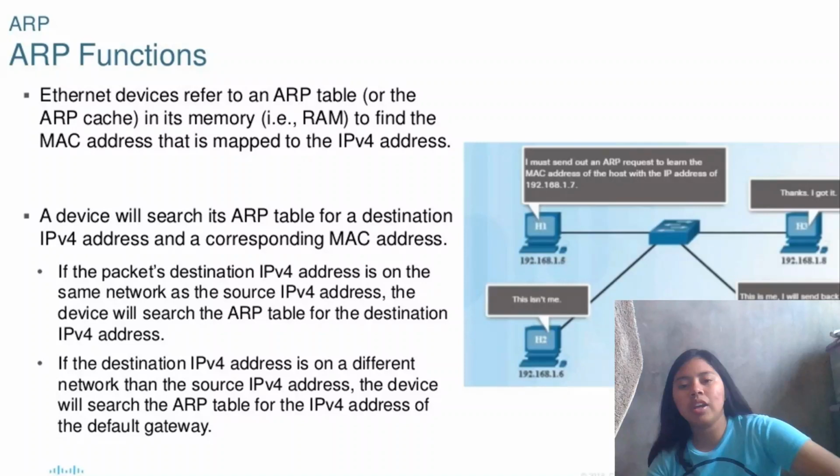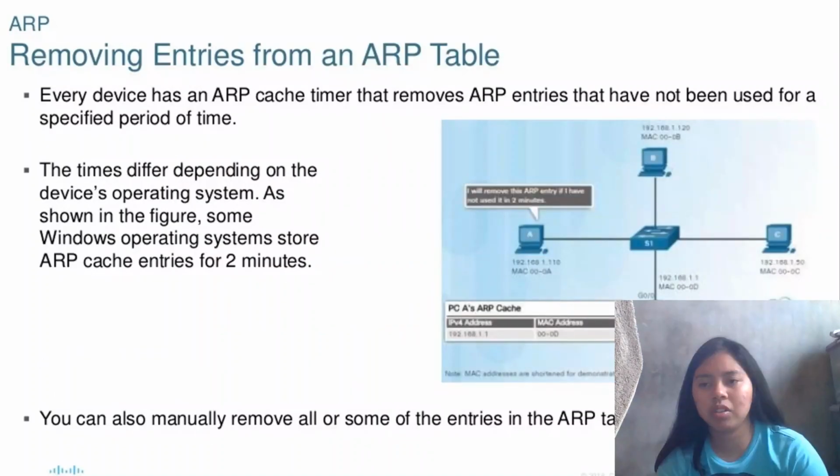ARP: removing entries from an ARP table. This will be a sample of an ARP table. These are the Packet Tracer views of the ARP table. ARP broadcast. As a broadcast frame, an ARP request is received